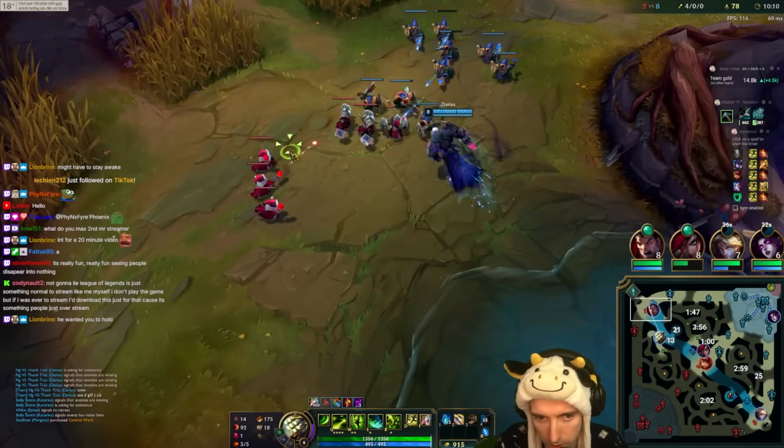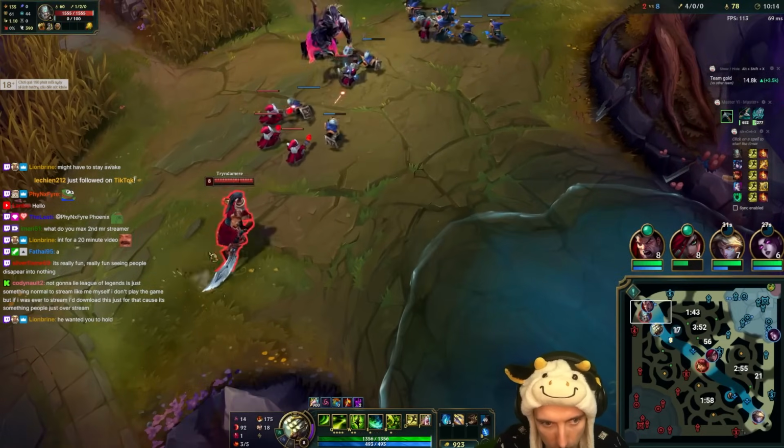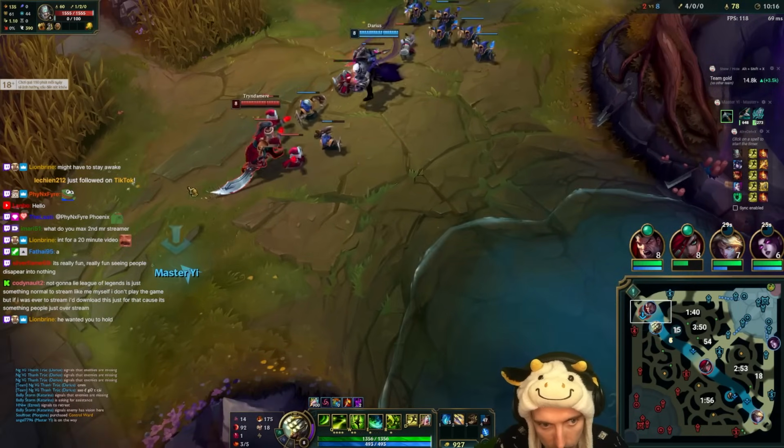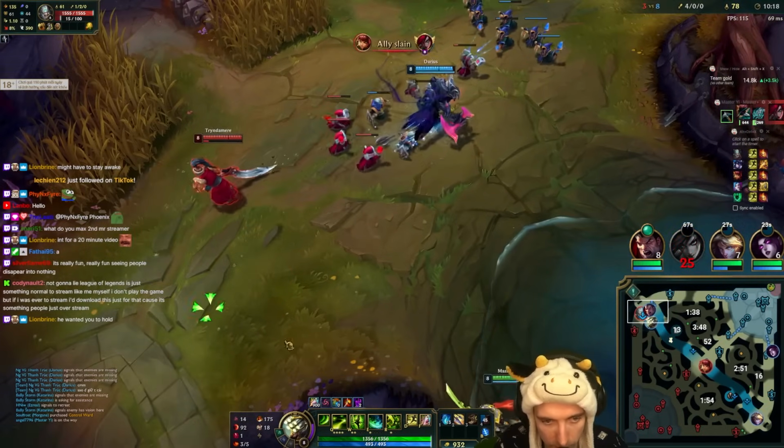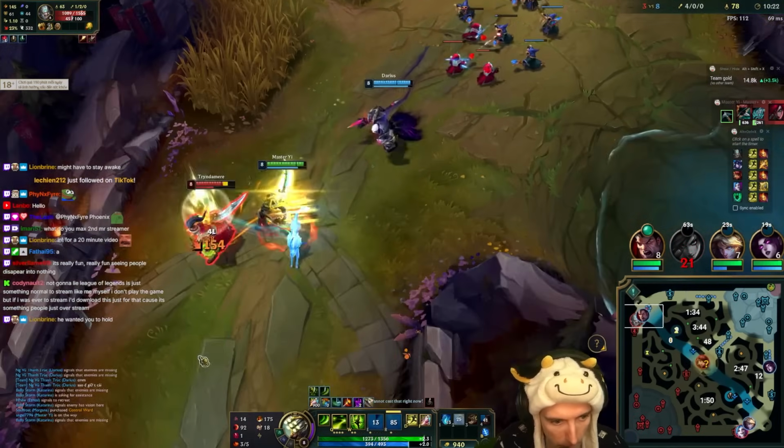Alright, I'm just gonna wait for Trundle to walk up and we're gonna kill the dude. He has no ulti. Pull him. Pull him. Dude, where's the pull, brother? Okay, bro did not realize I was...